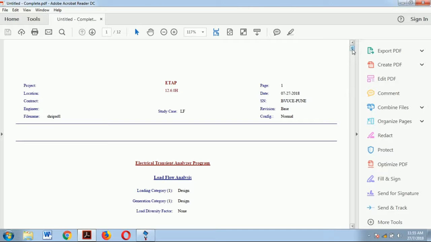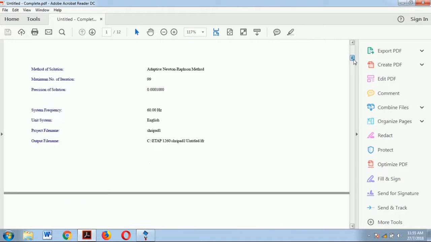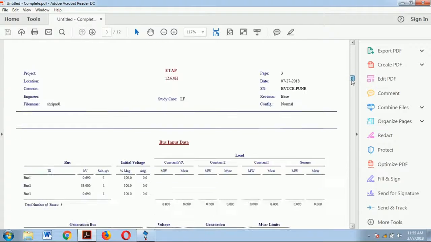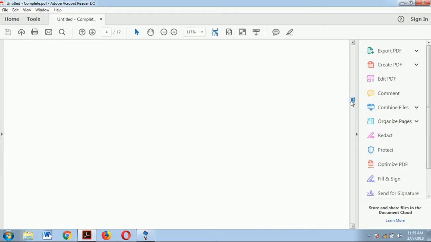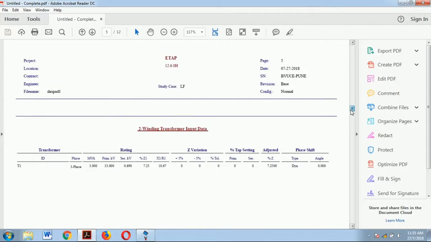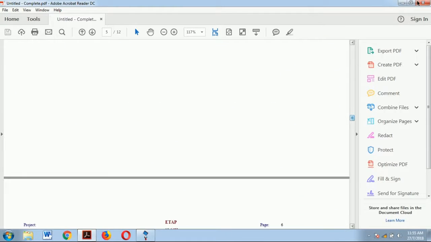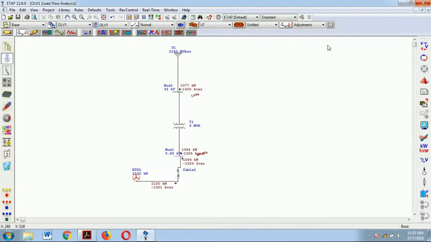So this is the way a report is being generated. This is the full report of the system performance in PDF format. You can attach it to any document and use it for your simulation analysis and case studies. So this is one more very advantageous feature which ETAP brings to you.